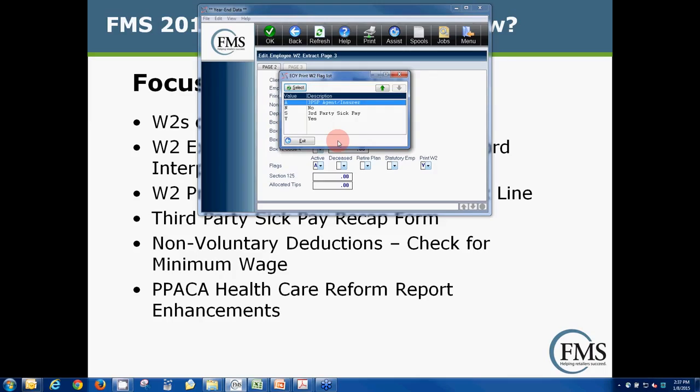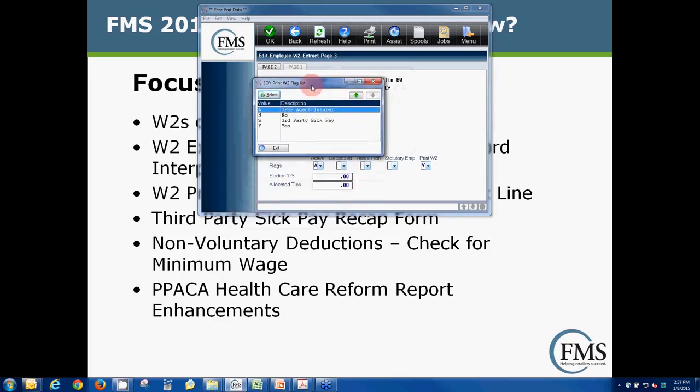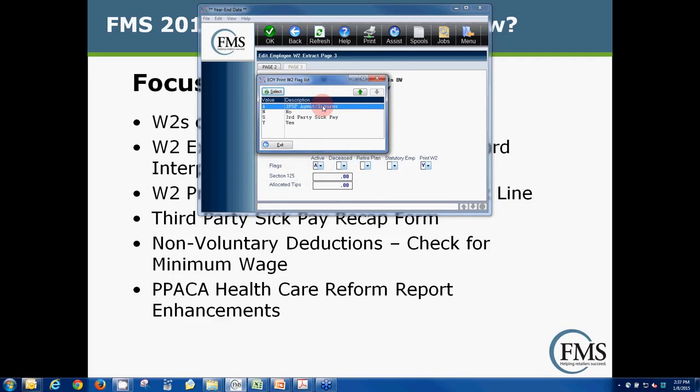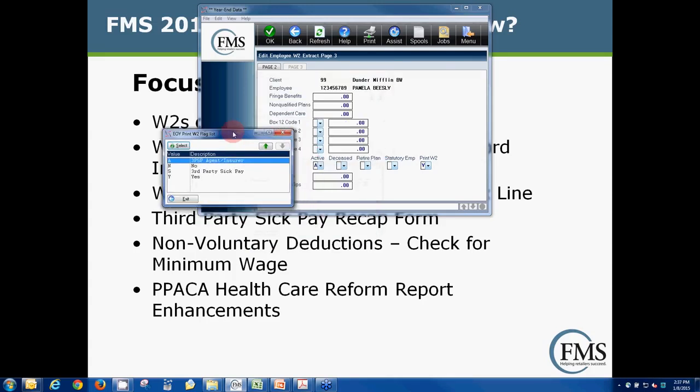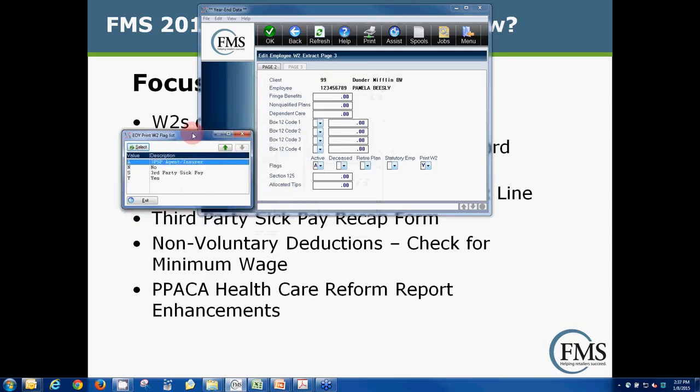On the third page of the W-2 extract screen, the current functionality is that when this field is S, the W-2 extract records are flagged as a third-party sick pay W-2. What we did was create a new value called A for third-party agent or insurer. The W-2 extract program hasn't been enhanced to automatically flag agent insurer W-2